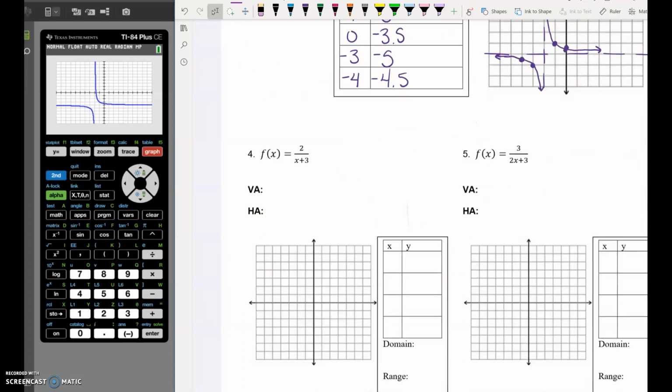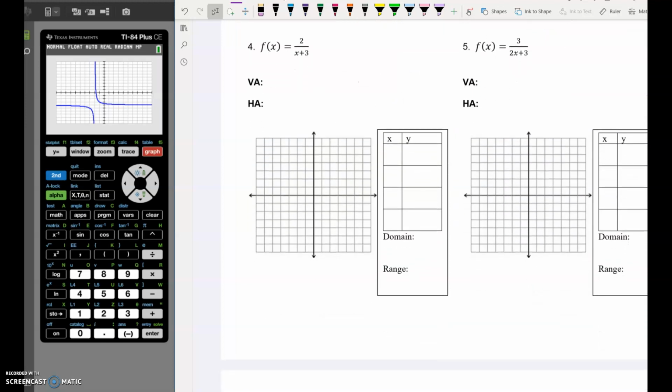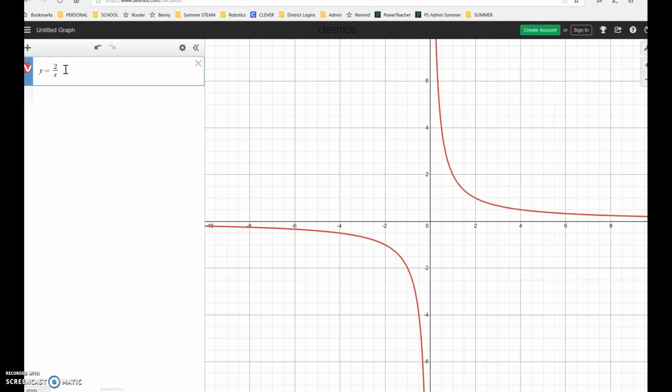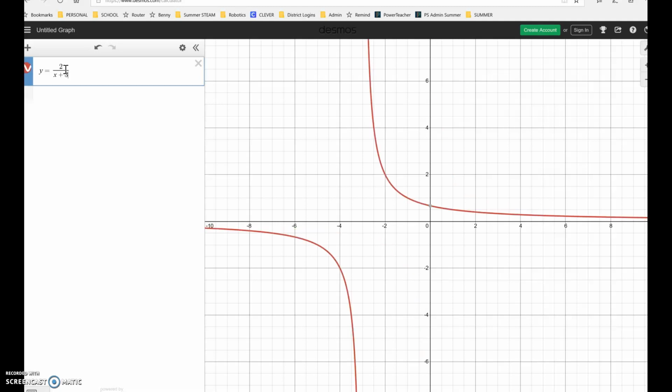So if you don't have a graphing calculator at home, we can use Desmos to graph this. So go to desmos.com and click Start Graphing. And remember, this is always blank. We are graphing, it says f of x equals, you can type that in, or you can type in y equals, it does not matter. And then we do 2 divided by. When we do 2 divided by, notice it puts this at the bottom. So we want x plus 3 at the bottom. And that does